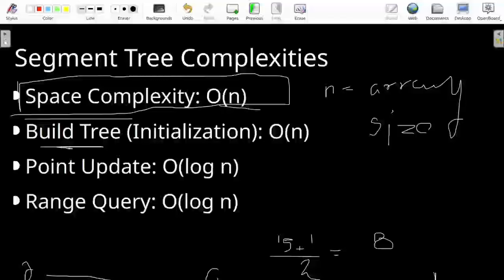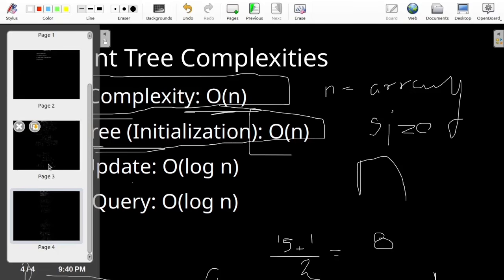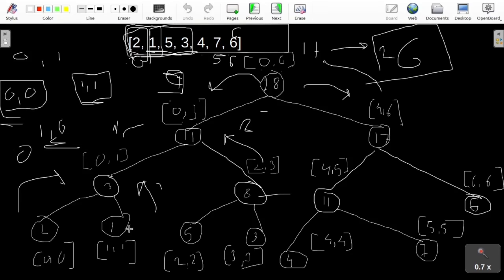Now, of course, if space complexity is big O of n, the time complexity of building a segment tree will also be big O of n because you are building n nodes. Let me go to the previous slide. Since you are building n number of nodes, and tell me,